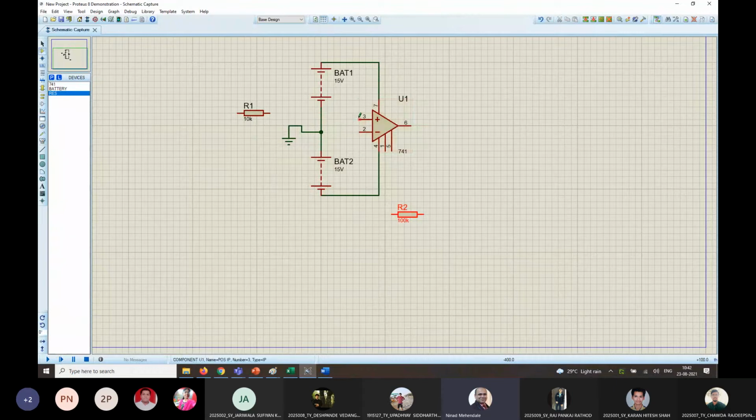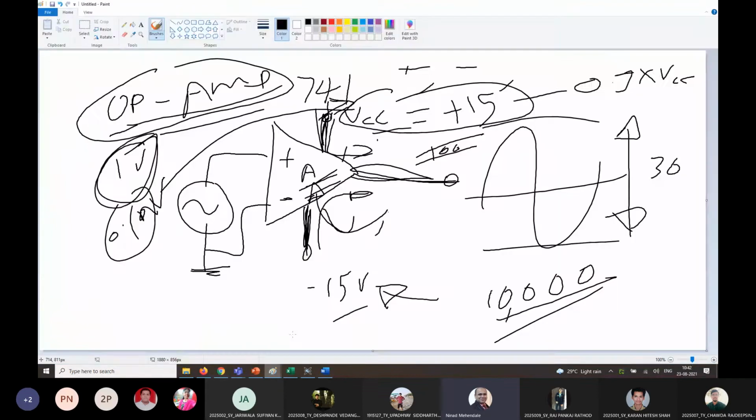Now remember that this particular op-amp is working in an inverting mode. That is, the negative terminal will get an input. So I can just ground the positive terminal directly. What do you mean by a negative terminal? If you see in the diagram, which I have poorly drawn, I just clear it out.